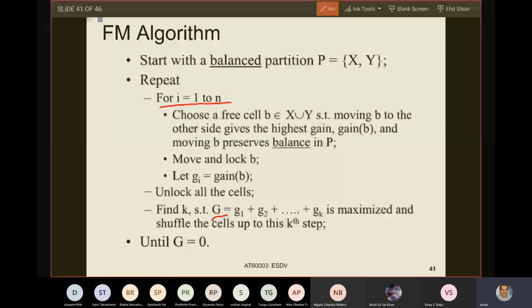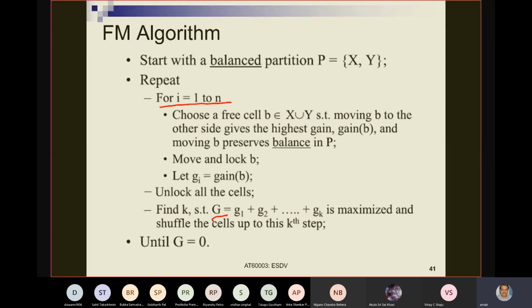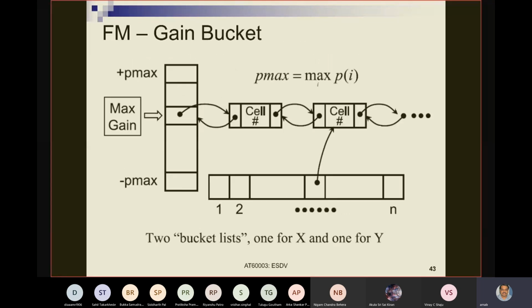We need to understand the data structure at a certain instant of time, because all these updations of gains, all these movements are actually happening on this data structure. Whatever we are seeing on this algorithm is happening on the data structure. So that data structure is always present and getting updated due to the algorithm. We have to understand this in this perspective. Right. So let us go into the data structure again.